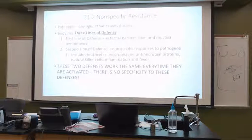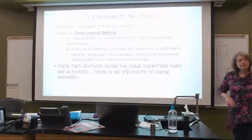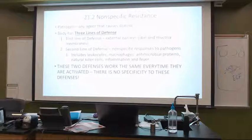Defense. The system, which is pretty much what we tend to associate it with. But as you can see, there's a whole lot more involved than just thinking about defense. We're going to find that we have what's called non-specific and then specific, because we are going to have 3 lines of defense. Non-specific,